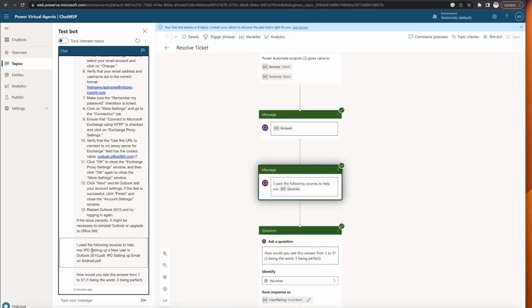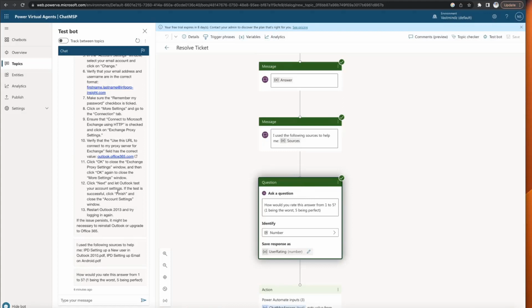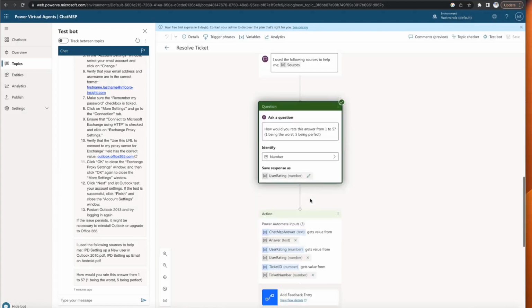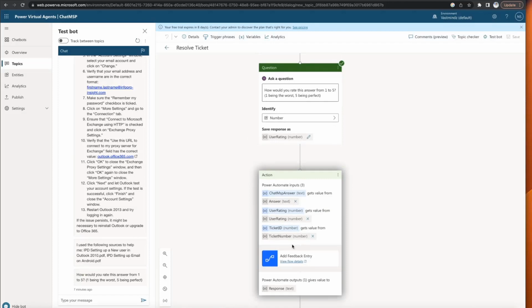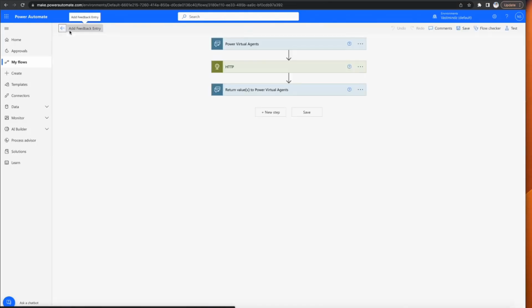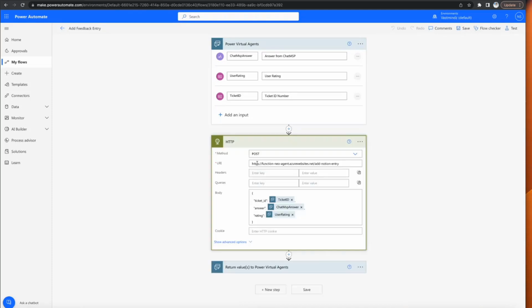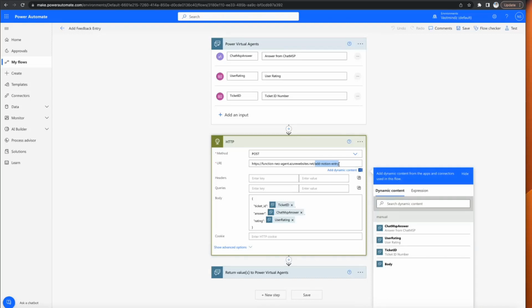So I use the following sources to help me, this document, this document. And then it asks, how would you, I guess this last bit is just a bit of fun, how would you rate this answer from 1 to 5? And then we actually call another flow. And all this flow does, if we go to this flow and edit, is it just makes another HTTP request. So it takes in the answer from chat MSP, takes in the user rating, the ticket ID. It makes a post request to another function, well, to the same function, but a different endpoint called add notion entry. And it simply adds an entry in our database,